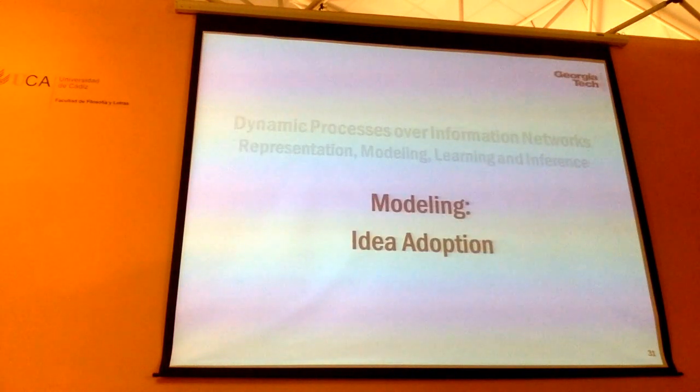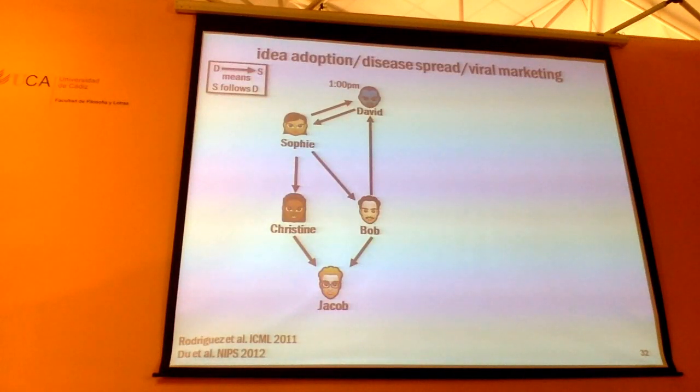So now we have this essential building block, and a very simple way of adding them together, a superposition of these processes. We can use it for more and more complicated cases. The first model I'm going to talk about is idea adoption or the spread of a virus, viral marketing. You'll find that using this closed framework, it becomes very natural. This is a continuous-time information diffusion model. You have such a network, and each person in the network can potentially be the information source.